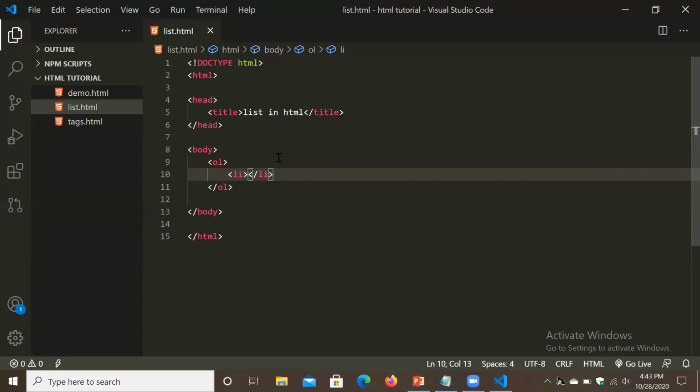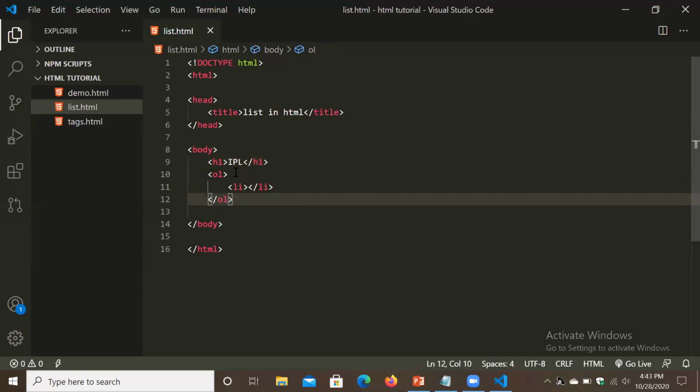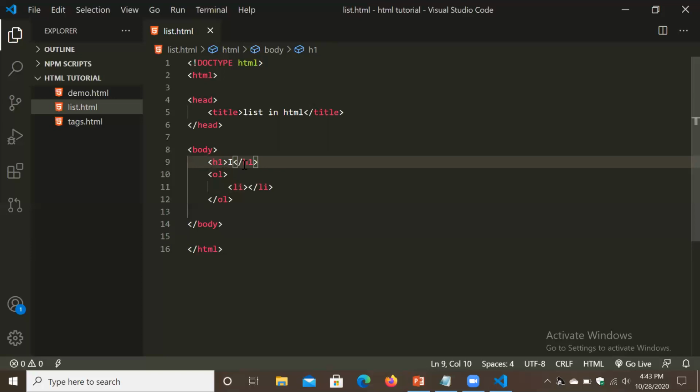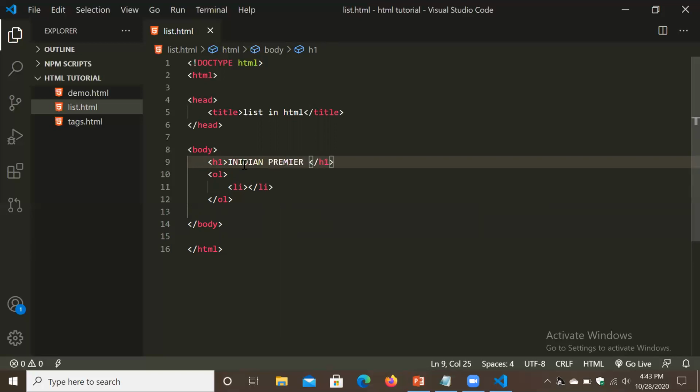Okay, so first, which list are we going to create? One thing I will do, I will take one h1 tag here, and I will write IPL, or I will write Indian Premier League.